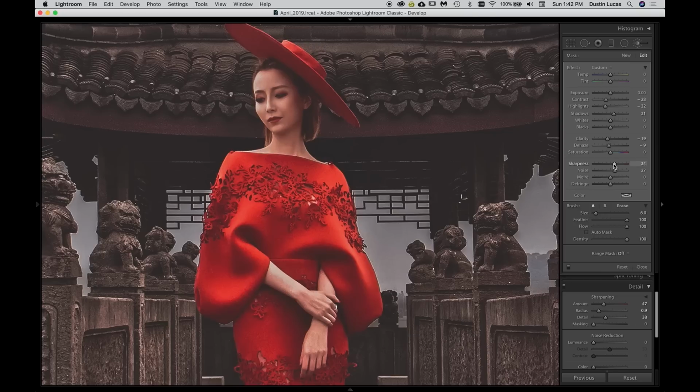Now, of course, if we want to go back here and bring back in some sharpness, I think we should. I think it makes sense to soften, but also make sure that the face looks better. So little things like that, this is attention to details,